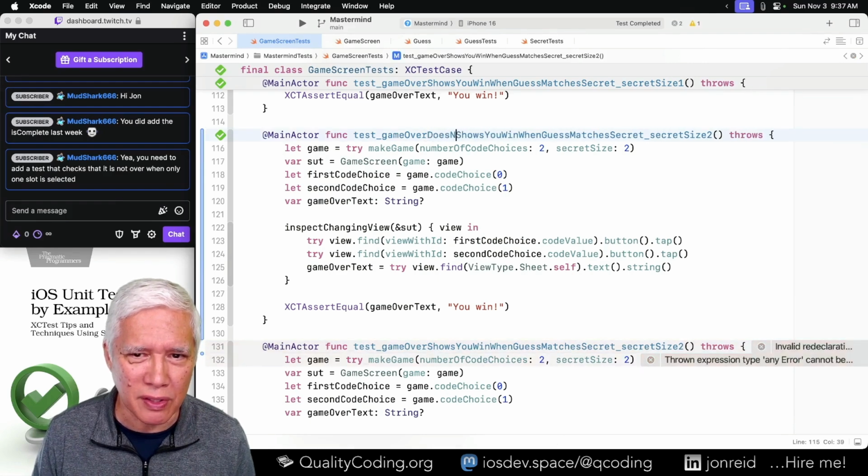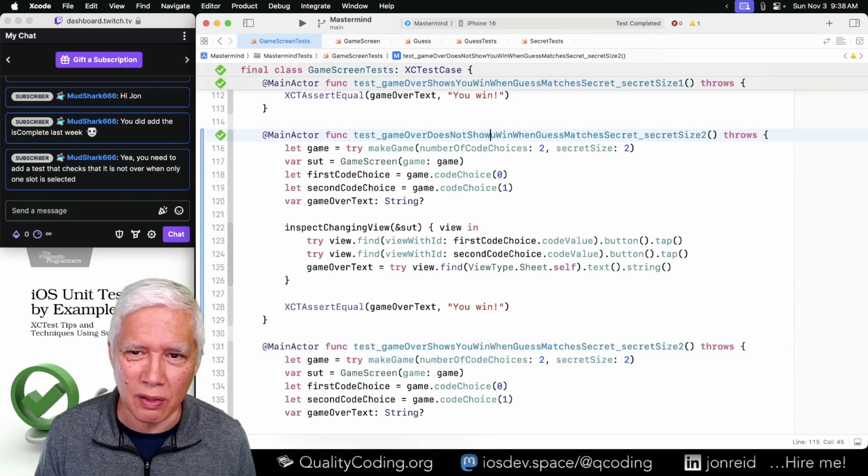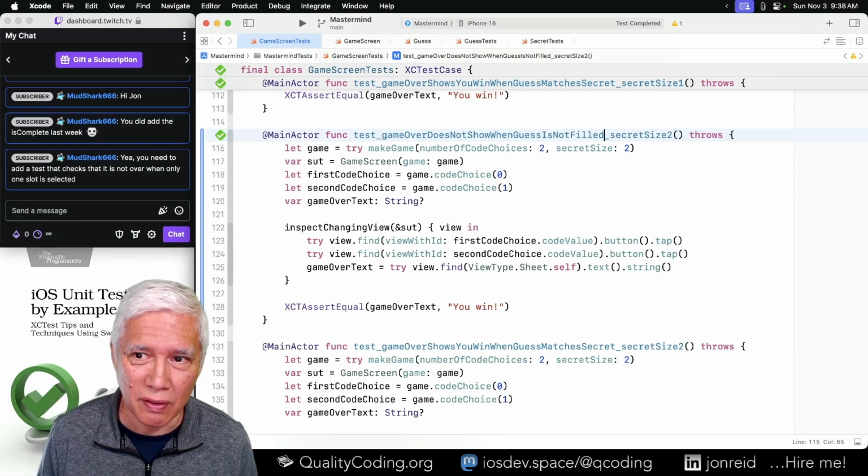Game over does not show when guess is not filled. With the secret size of 2. Okay, so if we take this away,